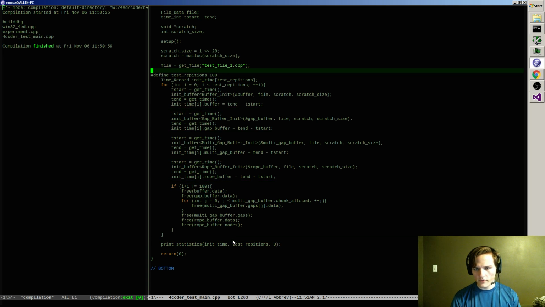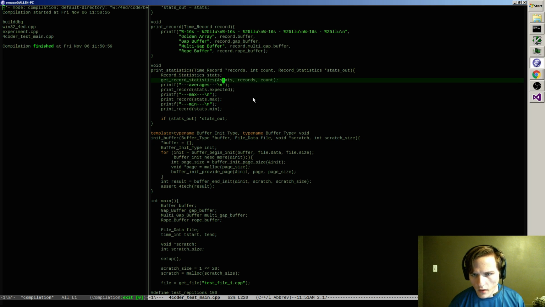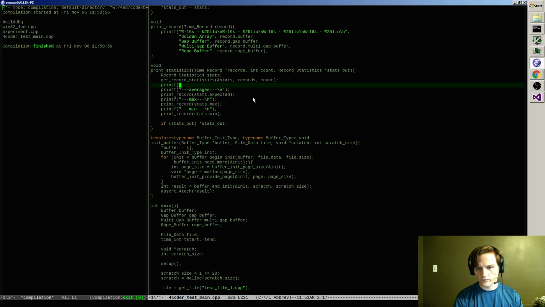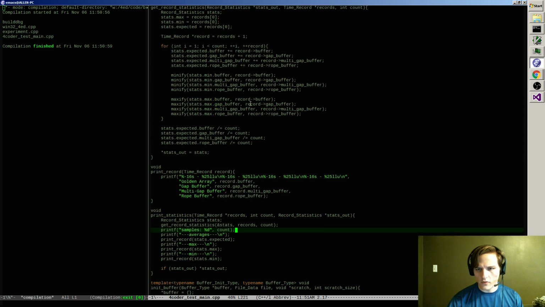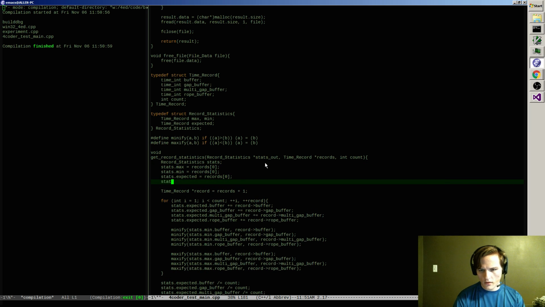And then I should also do, when I'm printing this, I'll print out samples count, and that can also be stored in the record, for like if I'm dumping to a file. Get statistics stats dot count equals count. Alright.